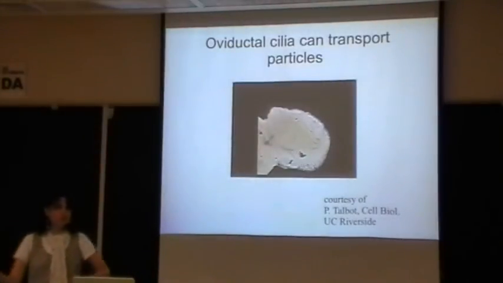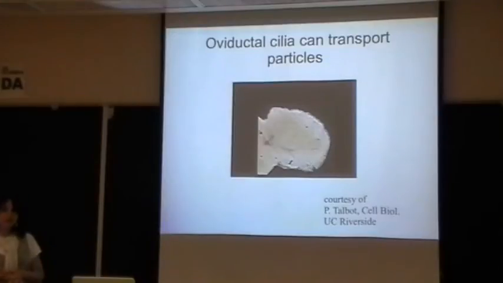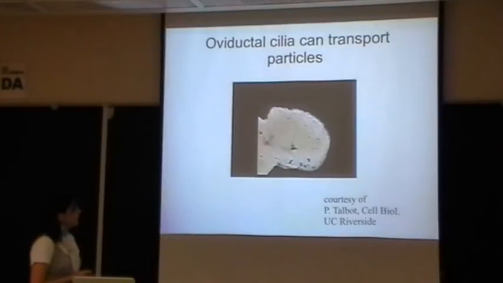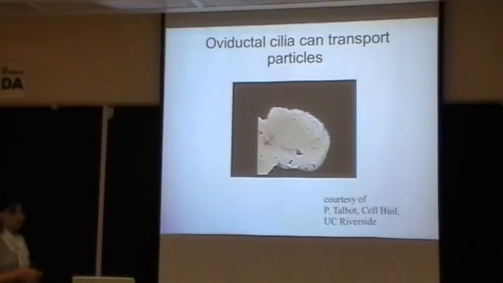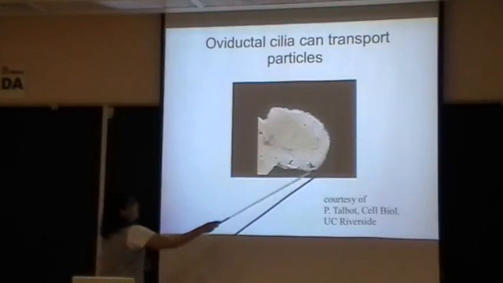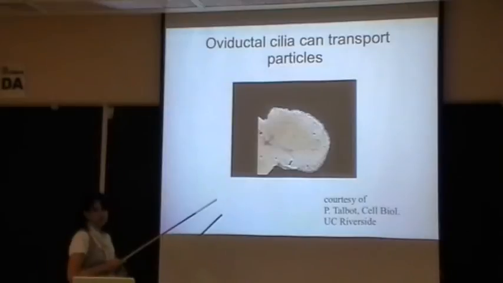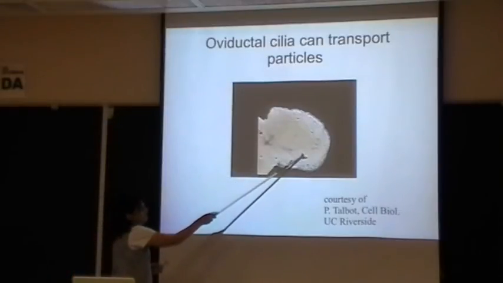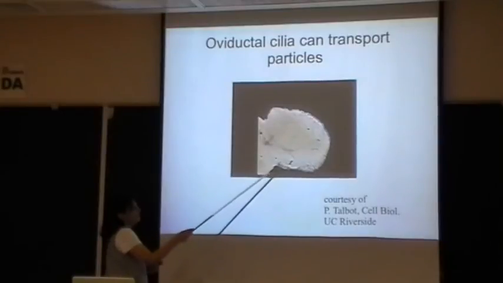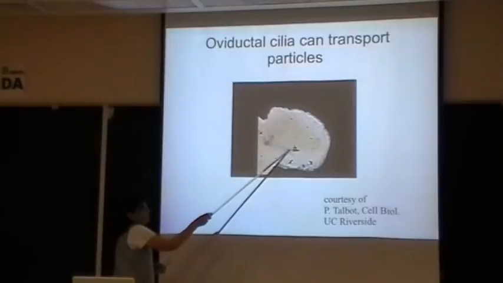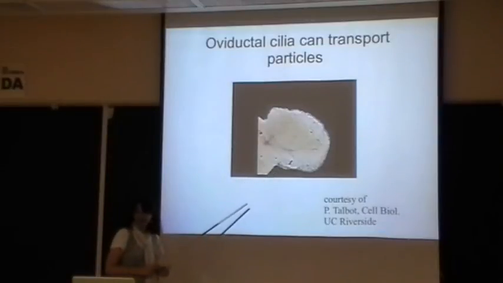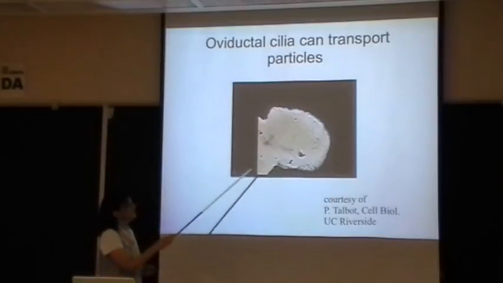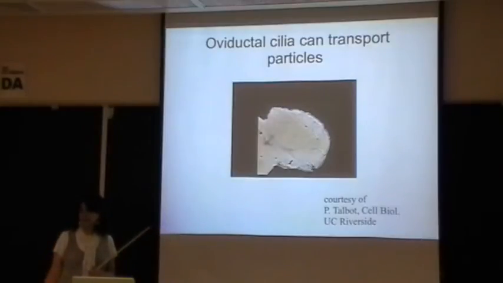So I'm taking you through a gallery of interesting fluid structure interaction issues that could be served well by modeling. Here I took this off of Professor Talbot's website from UC Riverside, and what you're seeing is the end of an oviduct. I believe it's hamster. And here are some spores, or think of these as just particles, and you see motion. You see these moving. What you can't see here is that on the outside of this oviduct there is an array of cilia, and so the cilia are beating, and they can cause a flow that transports these spores across